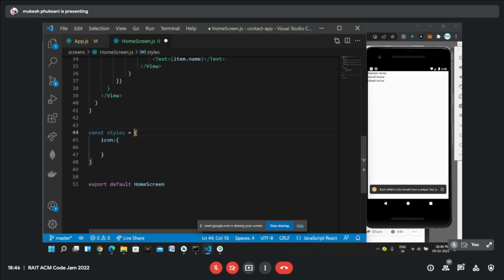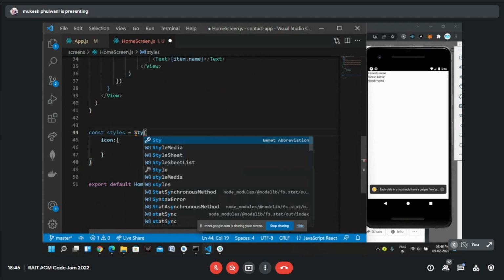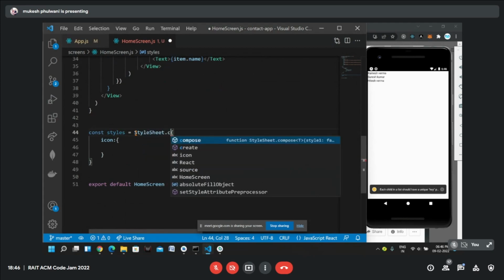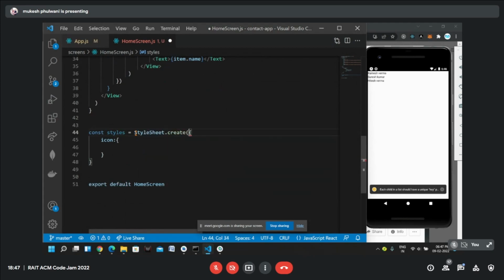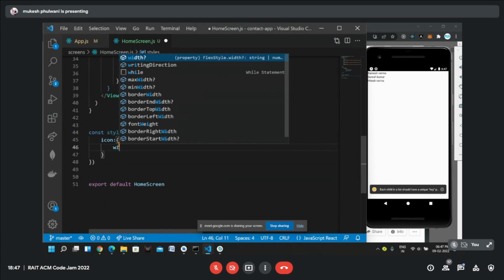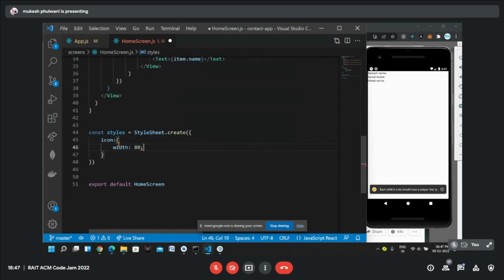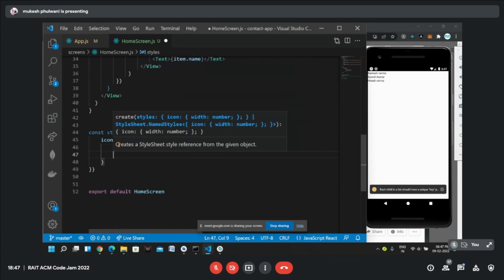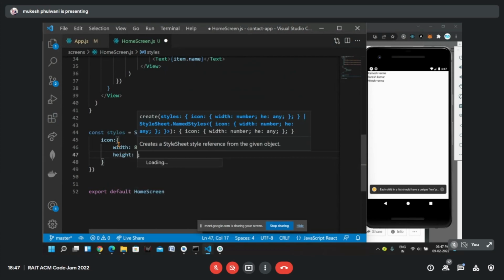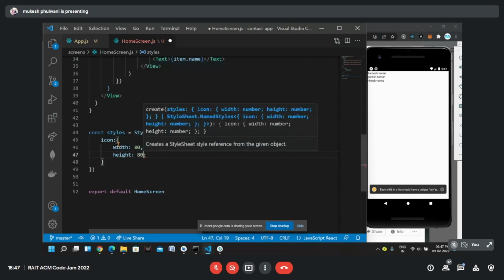So I'll import StyleSheet, and I will use the create method, and I'll add parentheses here, like so. And I should get suggestions now. There you go. Width, and let's say width will be 80 units, and height also 80 units.